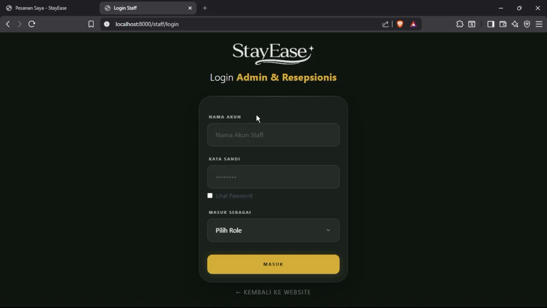Now I will demonstrate the administrator role by going to the login of the staff and then inputting the account name, the password, and the role, same as the receptionist.